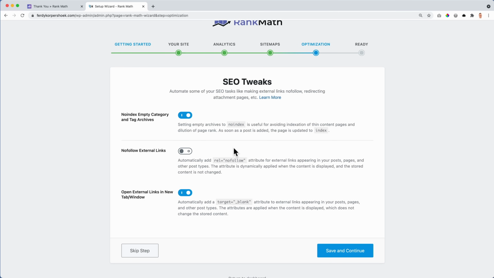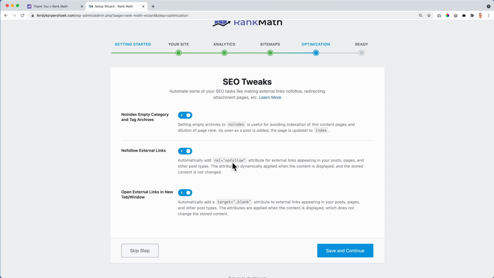I don't want that link to be a follow link. What is a follow link and a no follow link? If you have a no follow link, that means that when I refer to an external website, it doesn't get authority from that link. So my website has a really high authority because I have a website with a lot of visitors, like millions per day. No, not that, but a lot of visitors. And that gives my website authority.